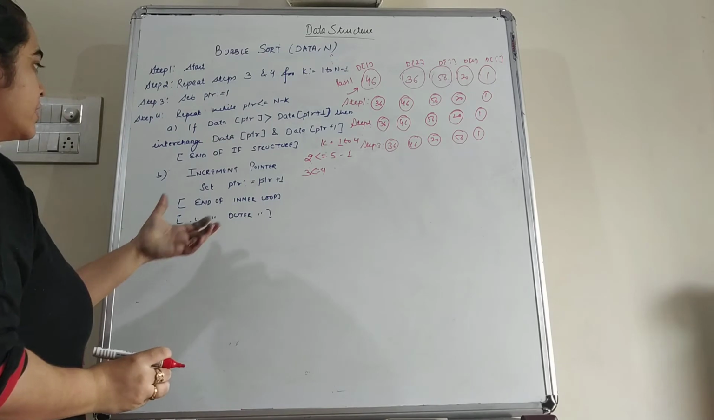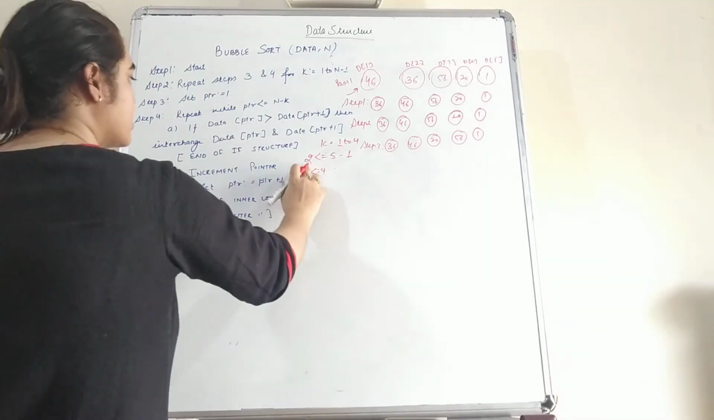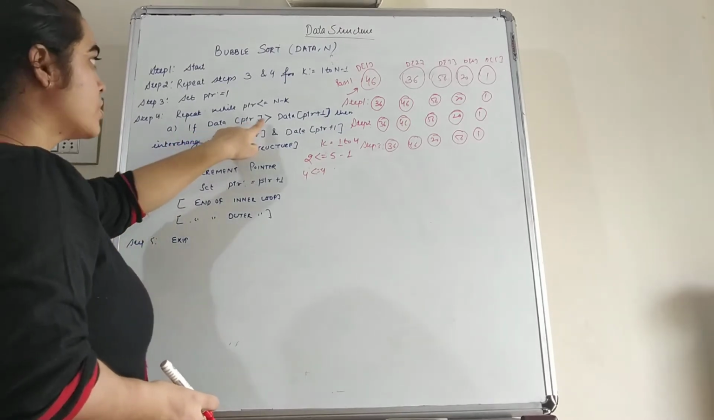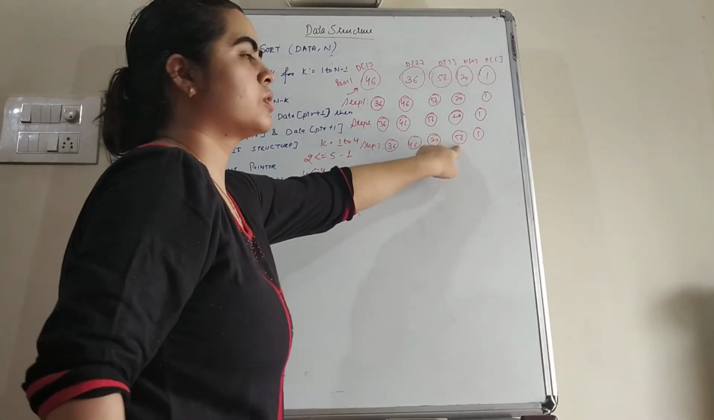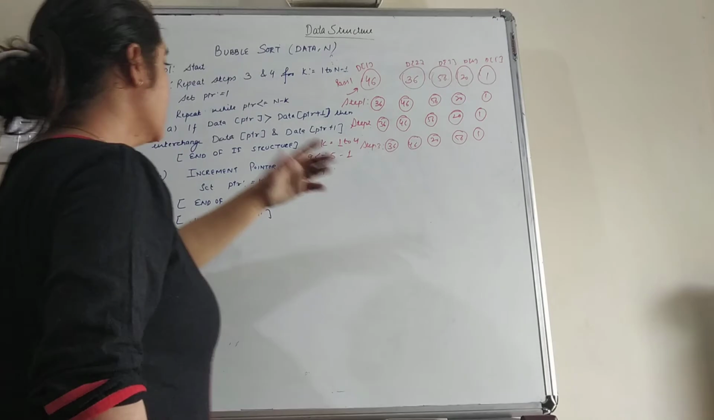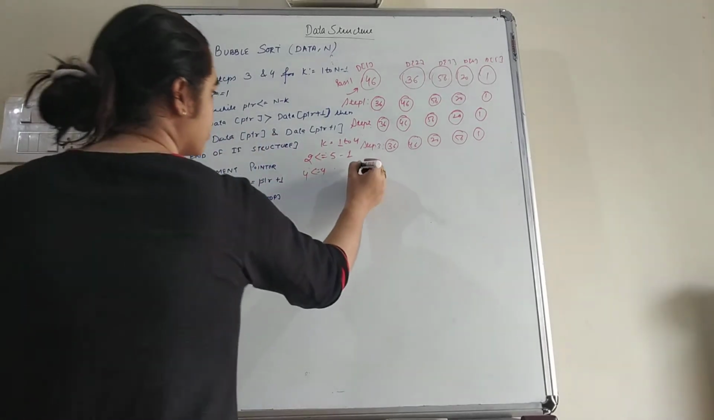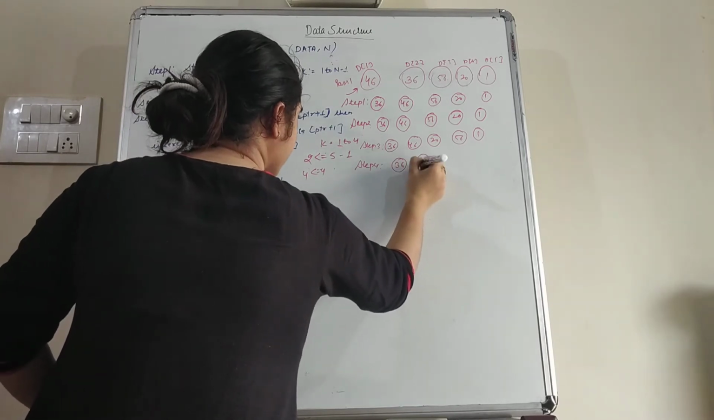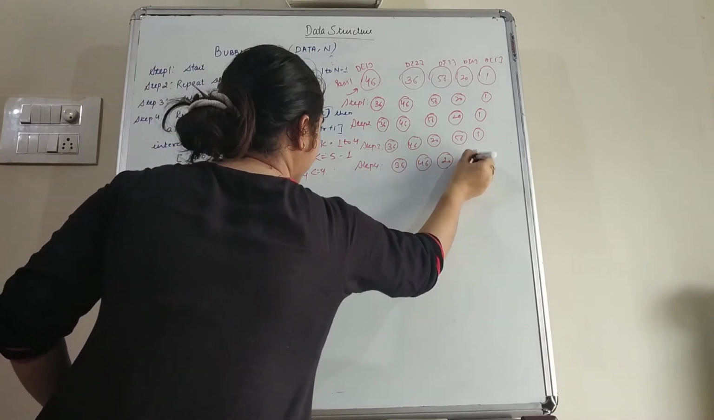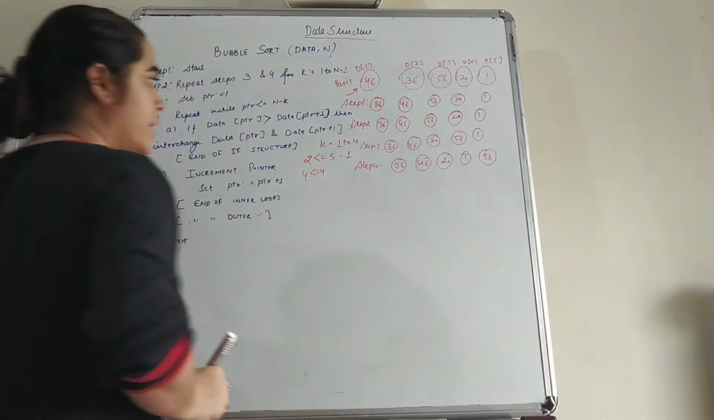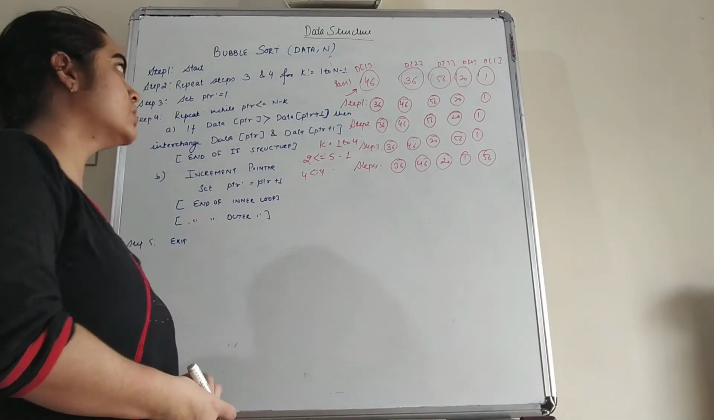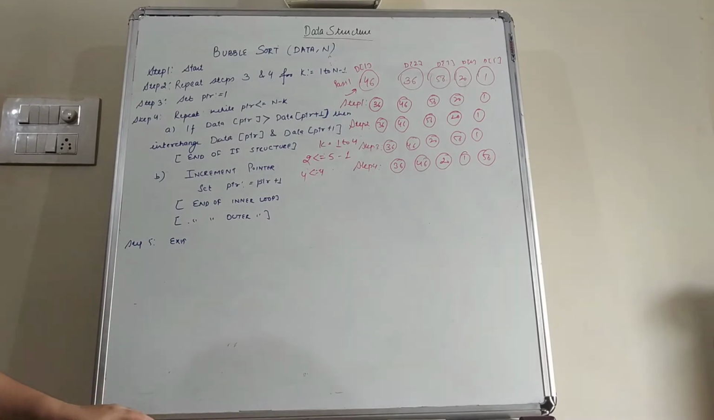Again we can increment the value of pointer by 1. So pointer is now 4. 4 is less than equal to 4. Yes. Data of 4 is greater than data of 5. Data of 4 is this and data of 5 is this. Yes. Then again we can interchange the values. So in step number 4 we can write 36, 46, 20 and here we are interchanging the values. So 1 and 56. So this is the end of pass 1